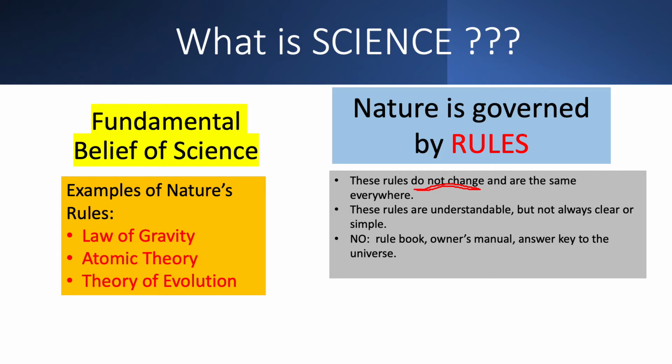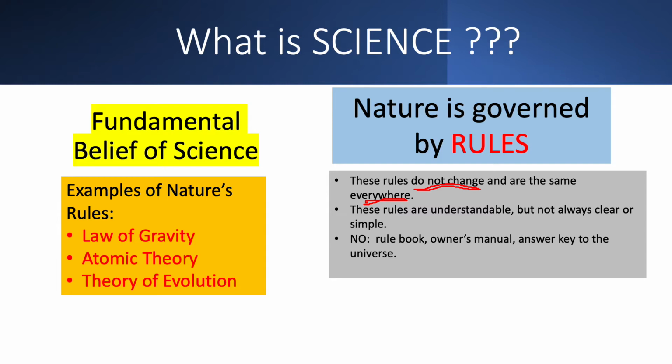Also, the idea of everywhere. You know, we really haven't been everywhere in the universe. Humans are obviously, besides the Earth, we've been to the moon and we've orbited the Earth, but that's about it. We've sent probes, you know, to pretty much everywhere here in our solar system and some outside of it. But that's a small part of the universe. But our fundamental belief is that these rules are consistent everywhere throughout time, basically. No way to prove that, but it only makes sense.